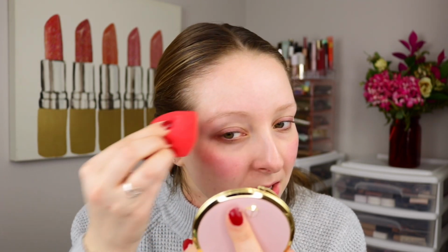With a tinted moisturizer like this one here, sometimes I like to just apply it with my fingers the same exact way that I just applied that moisturizer. But for the fun of it, I'm gonna go ahead and pick up my Dampened Beauty sponge, and I'll blend this out quickly and easily with the sponge. But oh my gosh, I just love how